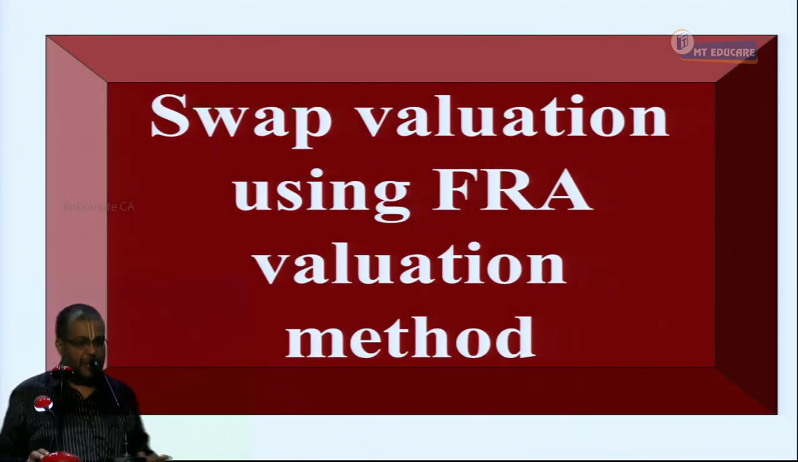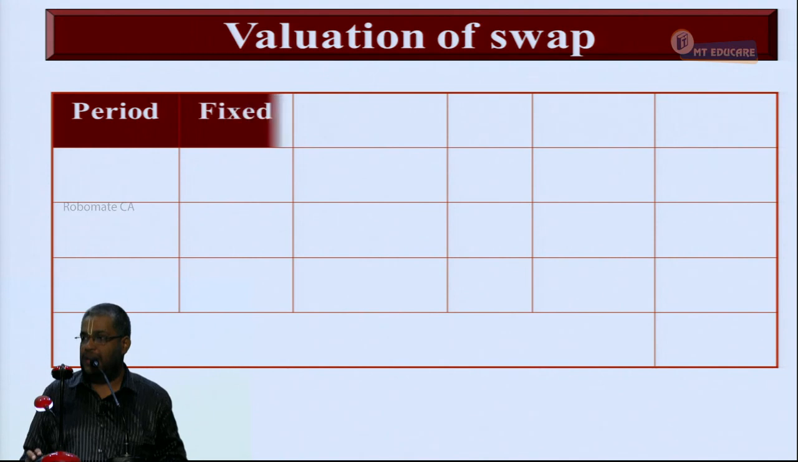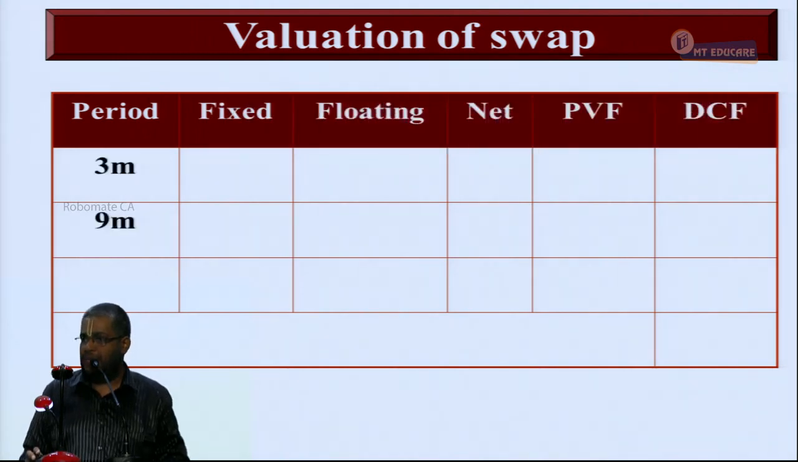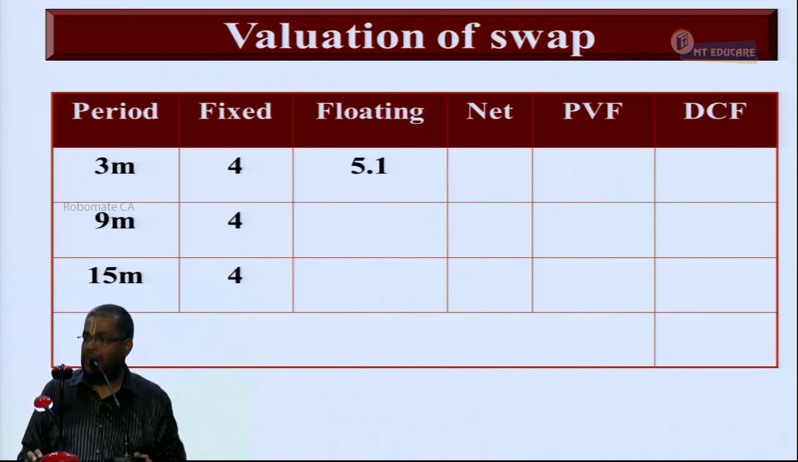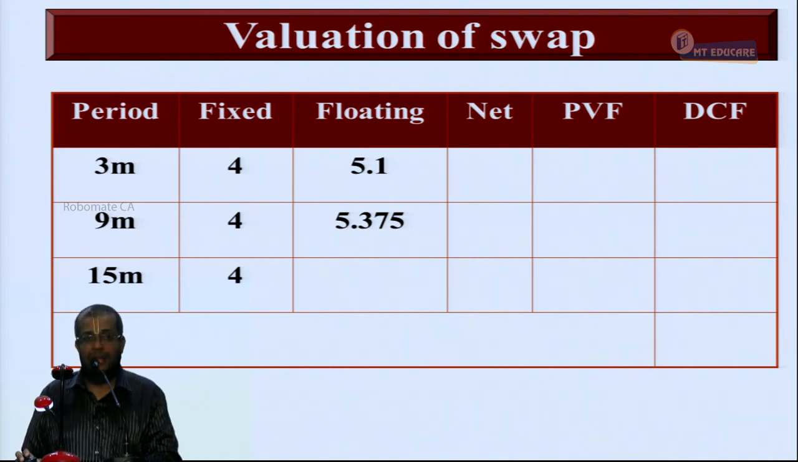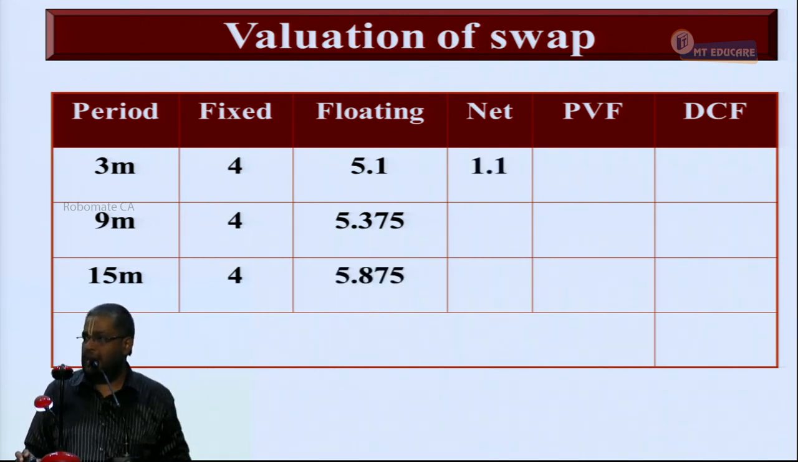Next is the FRA method. I discussed it already. Now all of you tell me quickly. 3 months, 9 months, 15 months. What is the fixed coupon? 4 million, 4 million, 4 million. Floating rate coupon is 5.1 million, 10.2 by 2. Next is 5.375. Correct? And third is 5.875. The net amount is 1.1,